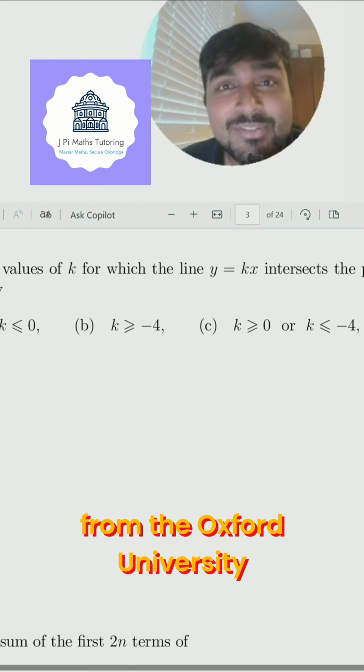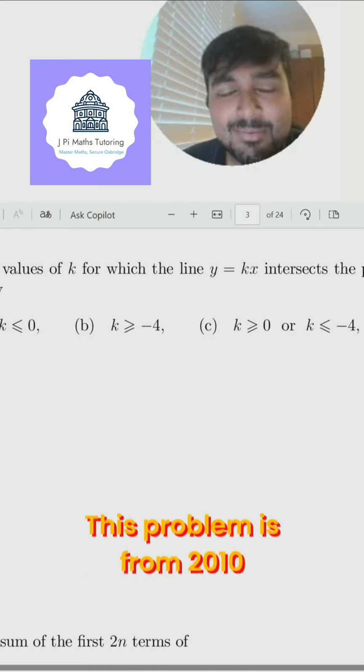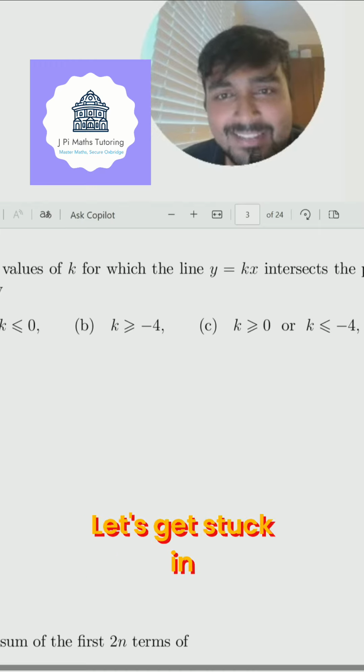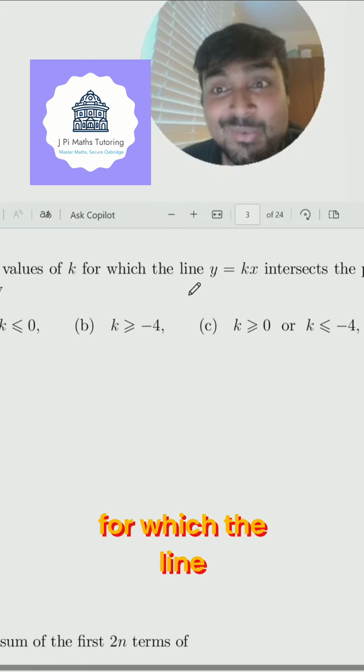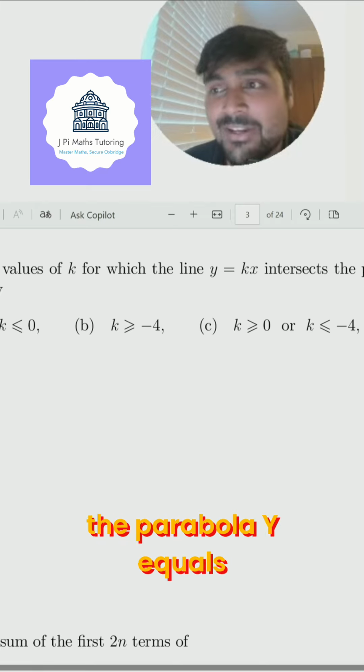Got a problem from the Oxford University Mathematics Admissions Test. This problem is from 2010. Let's get stuck in. The values of k for which the line y equals kx intersect the parabola y equals